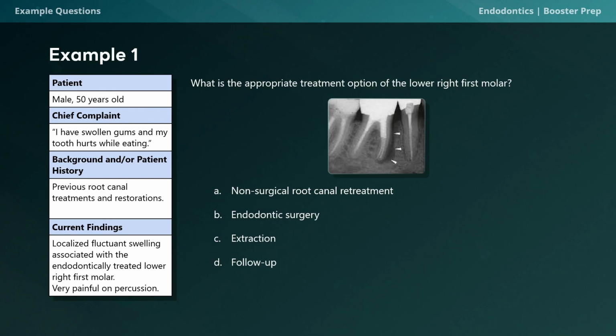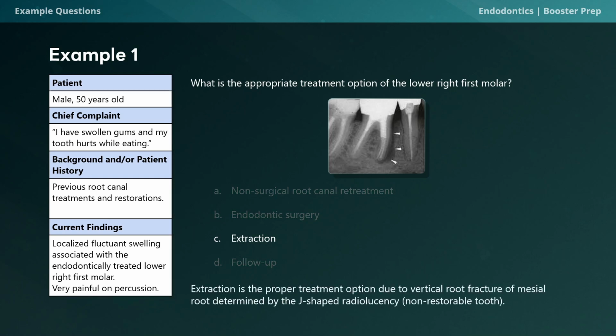We have a 50-year-old male with a chief complaint of swollen gums and a tooth hurting while eating. Background on our patient history reveals a previous root canal treatment and some restorations. Current findings indicate a localized fluctuant swelling associated with the endodontically treated lower right first molar, which is painful on percussion. Okay, so the question is, what is the appropriate treatment option of the lower right first molar? And we have a radiograph provided as well. Pause the video, and the answer is